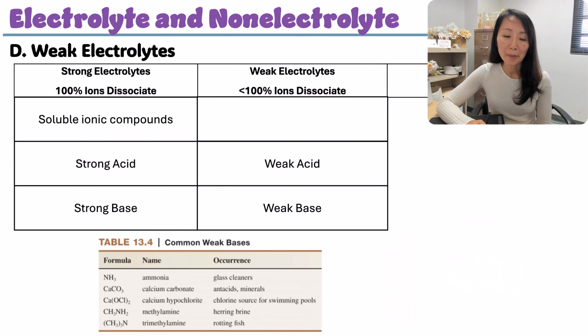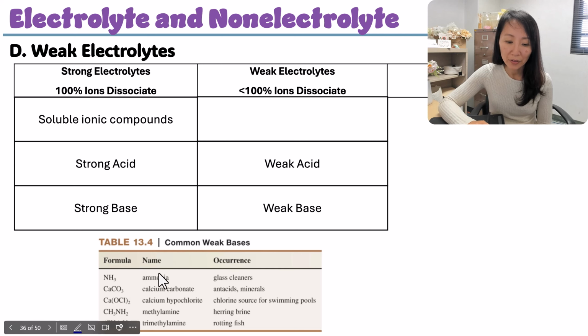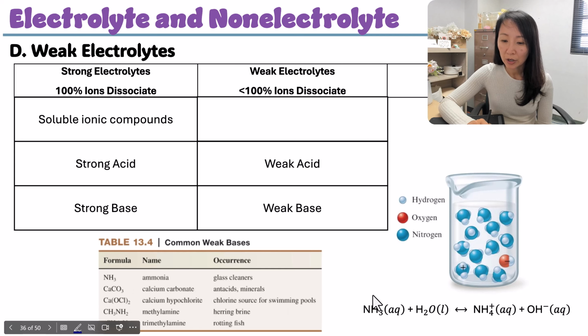Then there are weak bases. Here are some common weak bases that you see on the very left-hand side in this table. And here I have shown an image. You see how ammonia is considered to be a weak base because when mixed with water, it has the ability to produce hydroxide. So remember, OH doesn't necessarily have to be with the base, but it has the ability to make that water into a base. But if you look at this arrow,